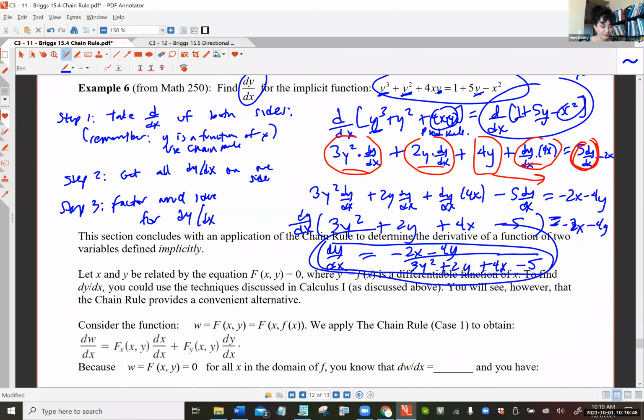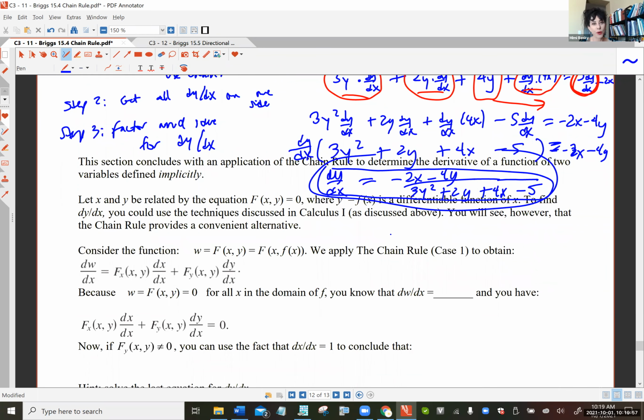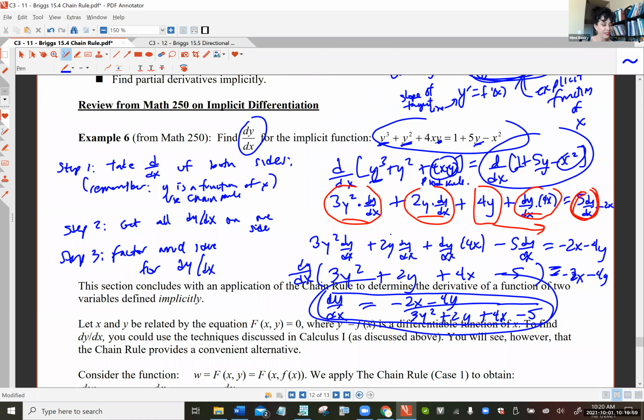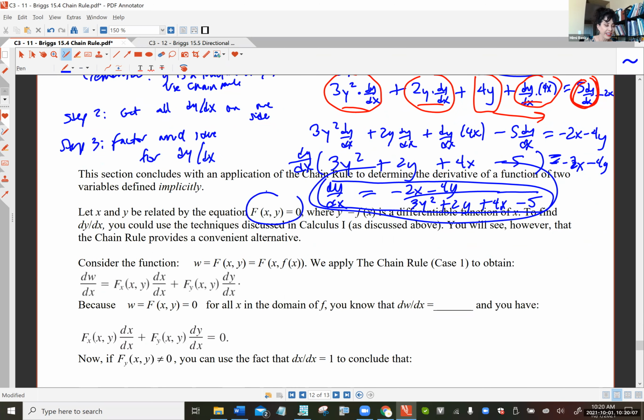Okay, fine. Now, how would a Calc 3 person do this? Well, it's totally different. So first, let me derive the formula to get the dy dx in it, so that we won't have to do it the Calc 1 way. So here's how you do it. You first get your equation, the implicit function, written where everything's on one side and zeros on the other. Then you use the chain rule to take the derivative of both sides of this equation,